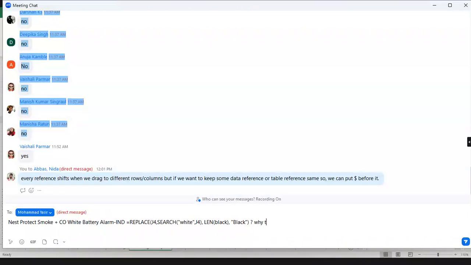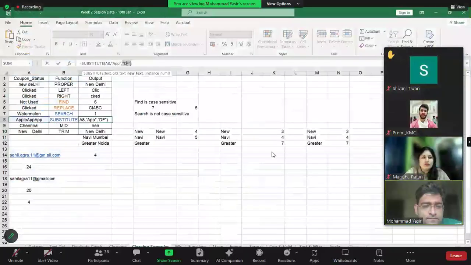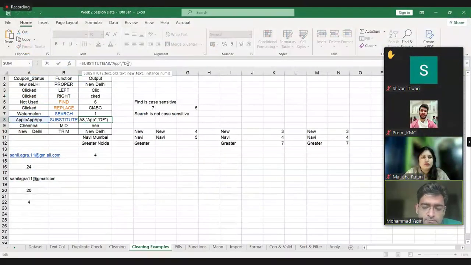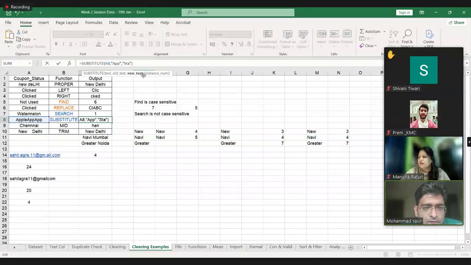Correct? I can also change it to only 2 characters. So whenever we have app, it substituted it with df, df, df. Right? Clear? Now coming to the next part here. What is instance number? Instance number will give us which instance of this occurrence to replace. So if I say 1,